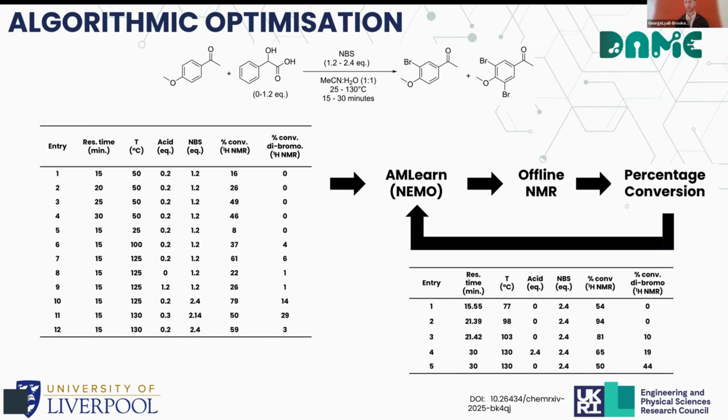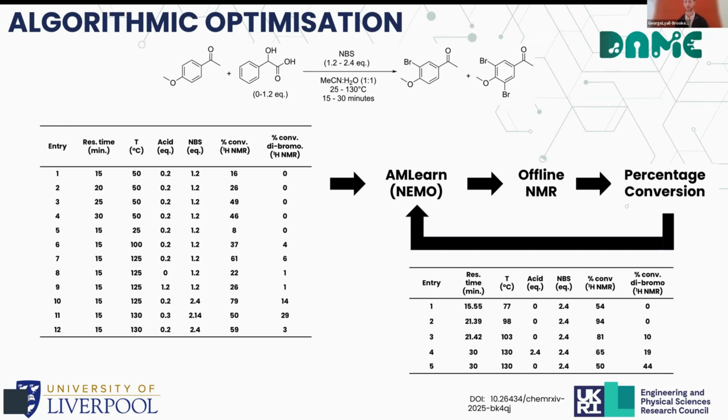We carried out 5 of these algorithmic suggested reaction conditions. However, within just 2 reactions, we obtained what was deemed an optimal conversion of 94% of the monobrominated species with none of the dibrominated species observed. And this was conducted at a residence time of roughly 21 minutes, a temperature of 98 degrees, and then a